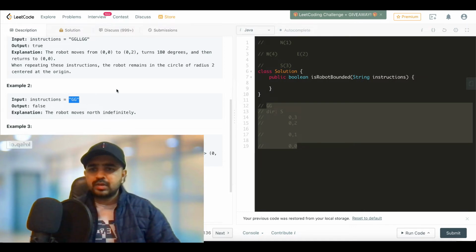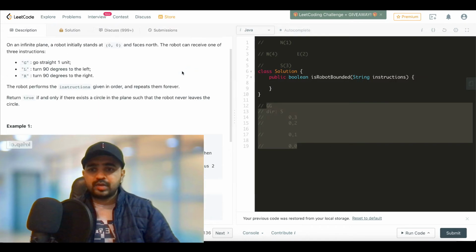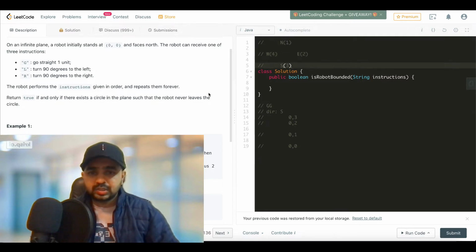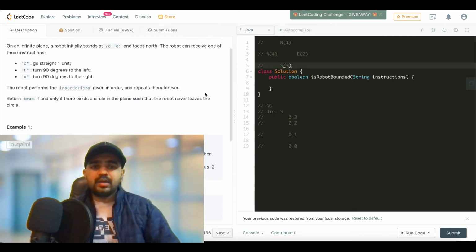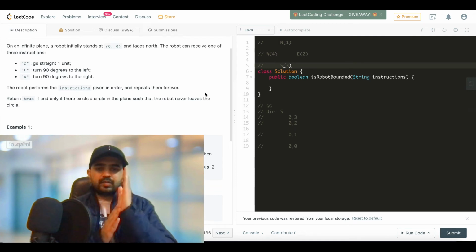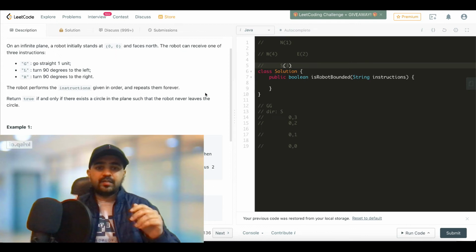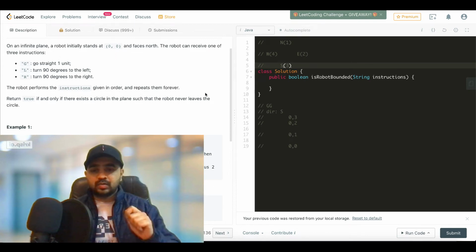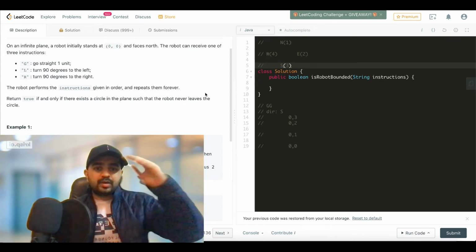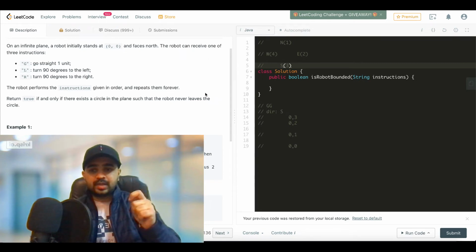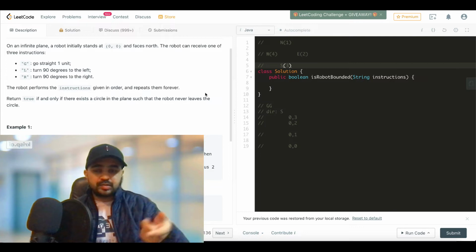Now you may ask, why would we make a circle out of it if we go from north to west, or west to east, or north to south, or any other direction? We can do that because if we start from north and do not end up at north, that means we ended up either at west, east, or south. Let's say we started from north and now we are looking at west. If we execute this instruction once more, then we will end up facing south, right?